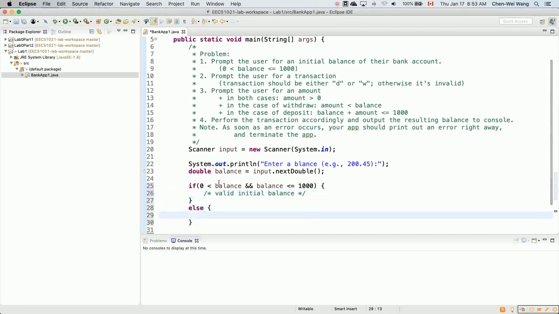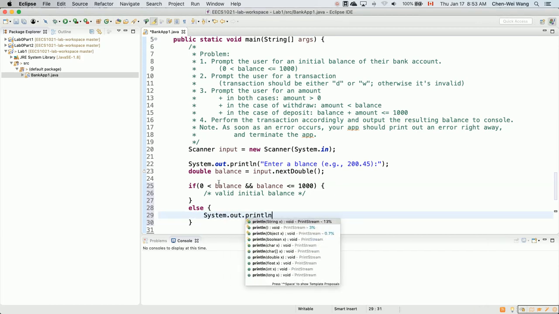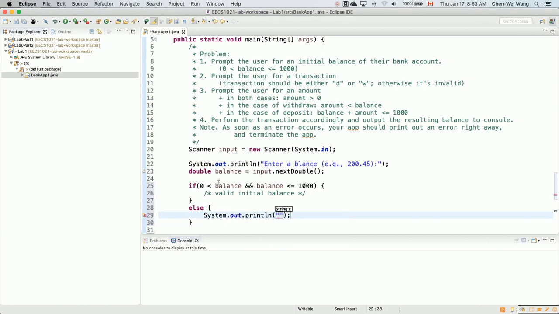Otherwise, we're going to print some error to the user. System.out.println, and then we're going to say error, initial balance over here, plus, let's print out the amount, which is the one the user just entered, plus, is not between, it's not